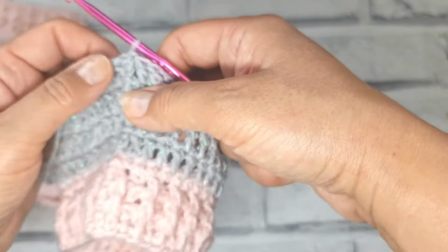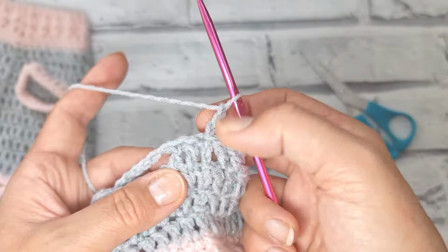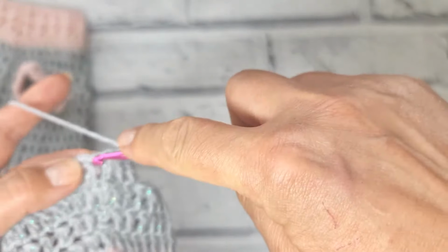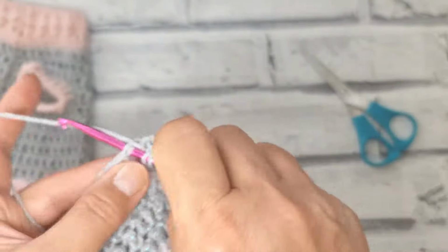Okay, and we're going to go into the next. We're going to do a double crochet. First of all, 3 double crochets we start with, so that counts as 1, the chain 3. So that's 1, yarn over into the next one, that's 2, yarn over into the next one, that's 3 double crochets to start with, and into this chain,